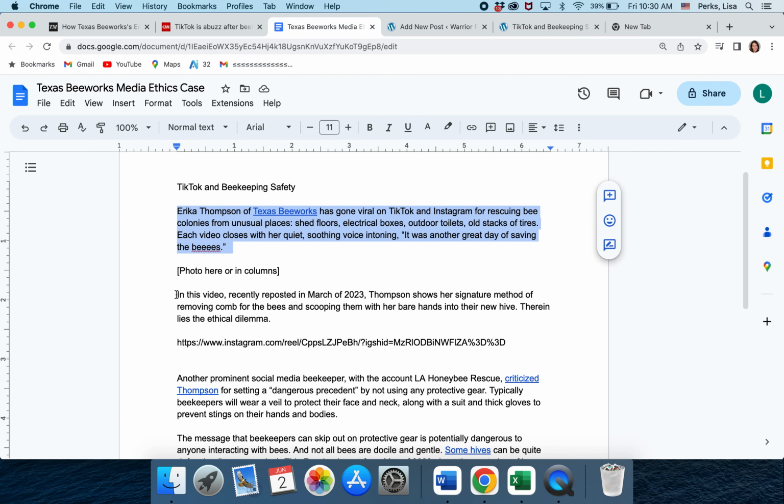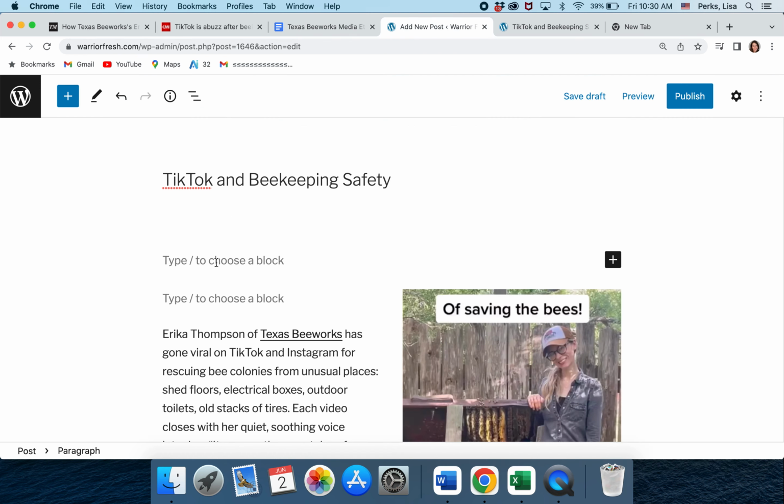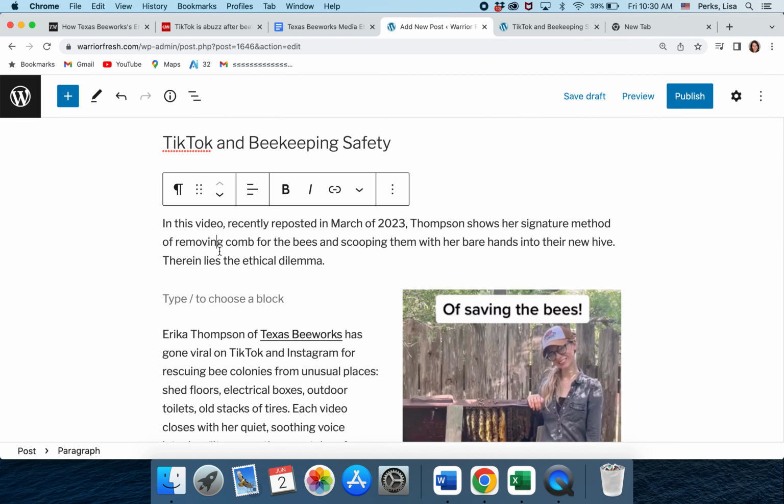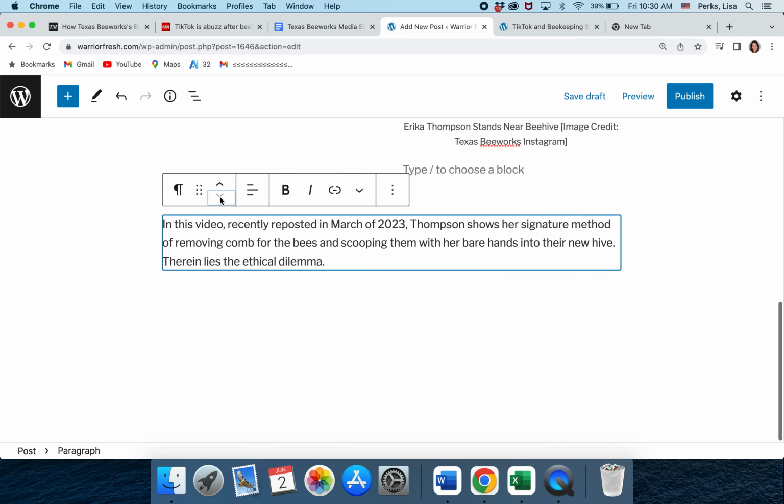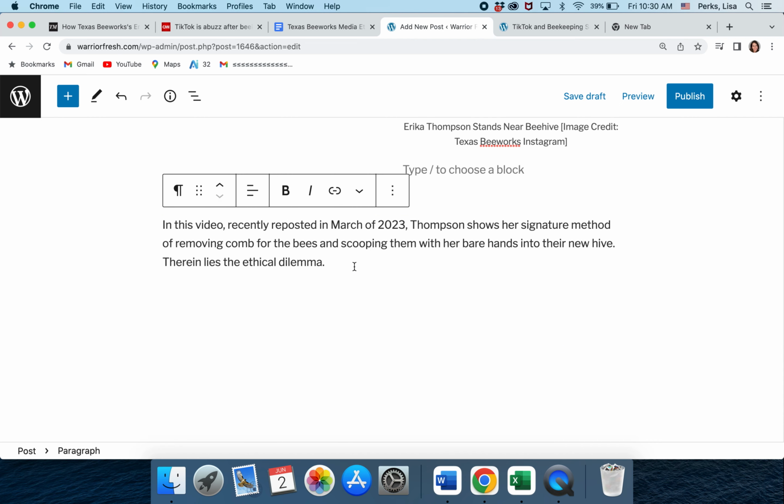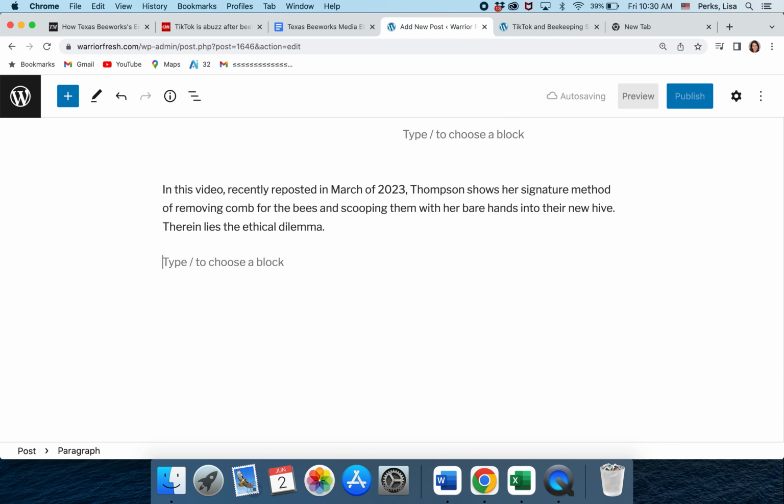So the next block I've got is here, and I'm going to paste my text. And then here's my block, and to move it down, I'm going to have my cursor in the block and then slide it down. Okay. And then I'll hit enter or return